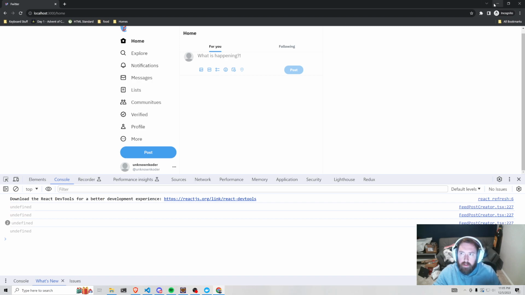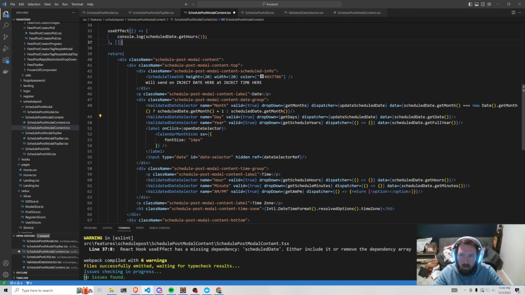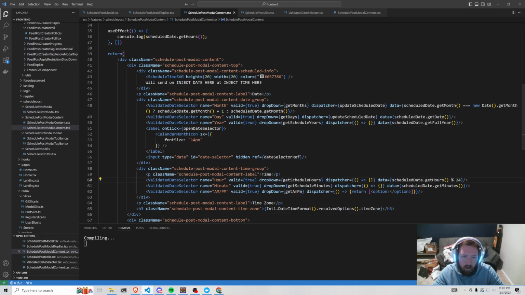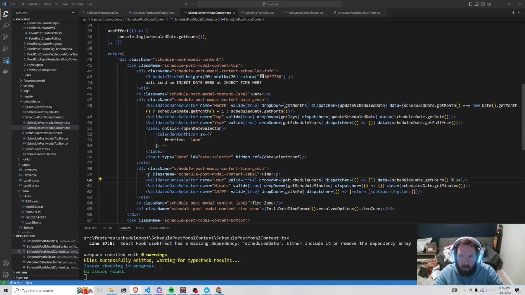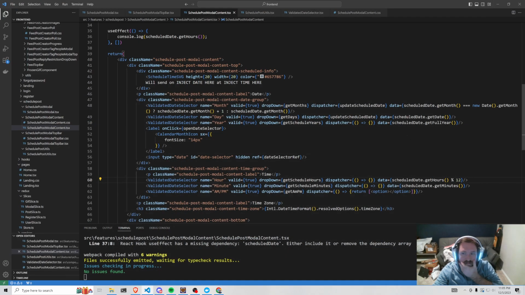What if we mod 24 of this? That's wrong. Probably mod 24 of this. Going out of the range. We want to mod 12. There we go. And that's how we can get AM or PM, right? So if we want it to be PM, then